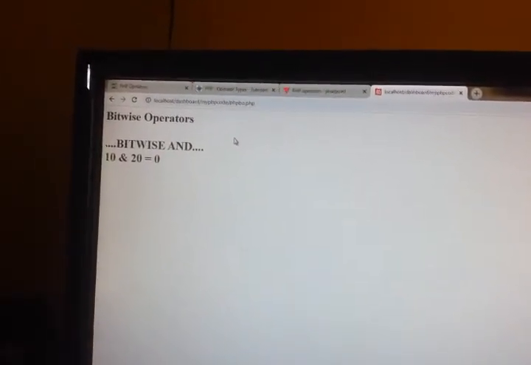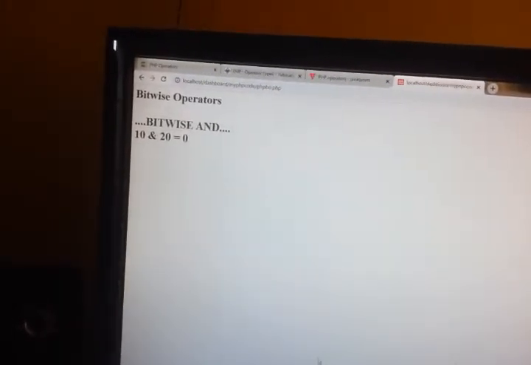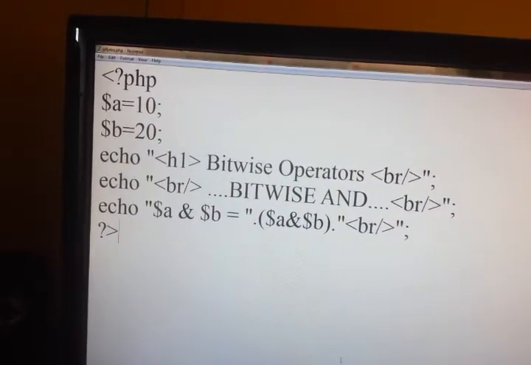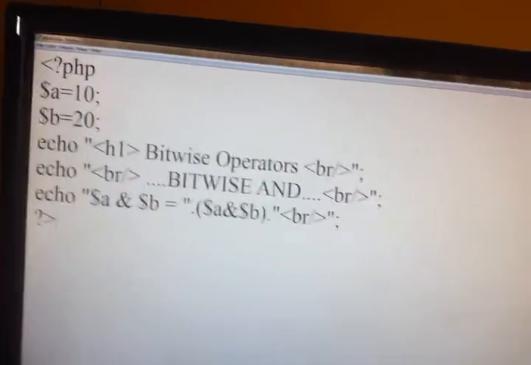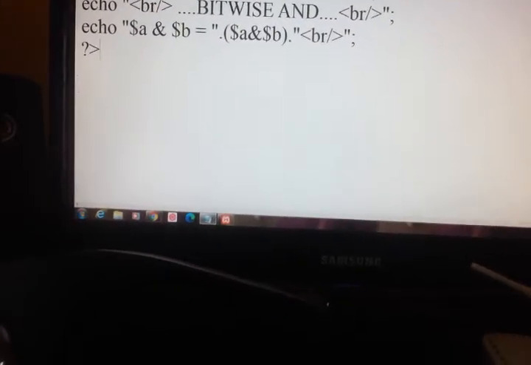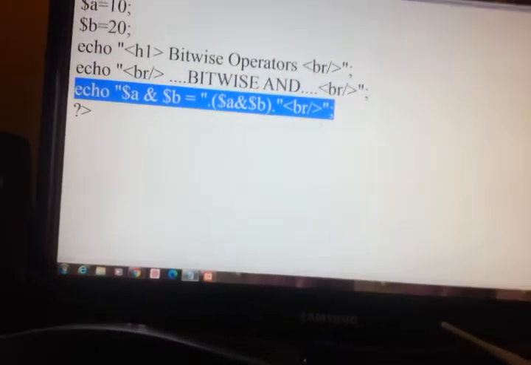So this is a bit confusing. The clear thing is you have to use a combination with the conditional operator here. I'll just copy paste.